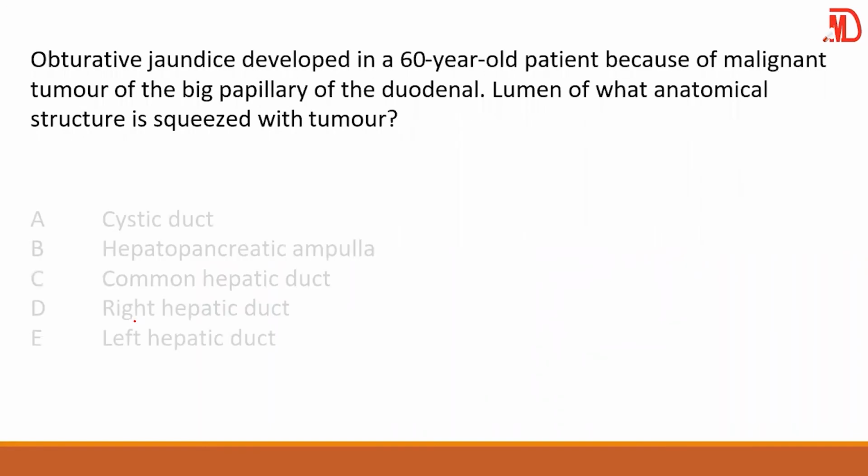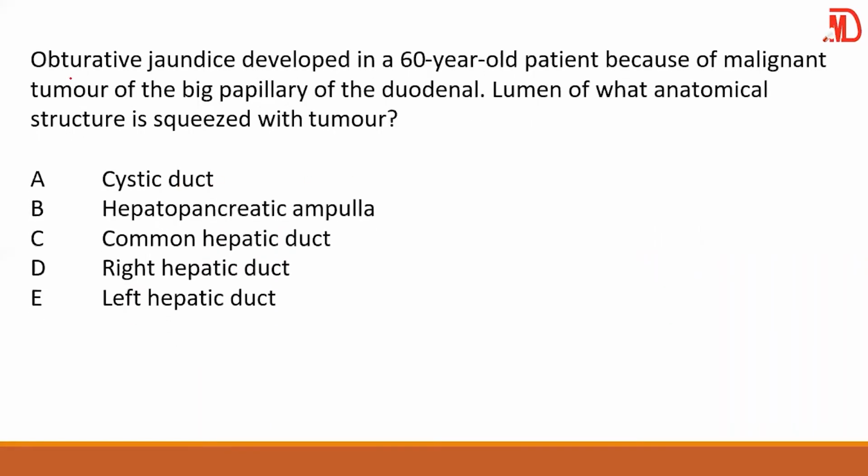Obstructive jaundice developed in a 50-year-old. What do you mean by obstructive? It is post-hepatic jaundice. Don't forget, we have three types of jaundice: the pre-hepatic, the hepatic, and then the post-hepatic, or obstructive jaundice. Obstructive jaundice or mechanical jaundice, they all mean the same thing. So they say that this developed in a 60-year-old patient because of a malignant tumor of